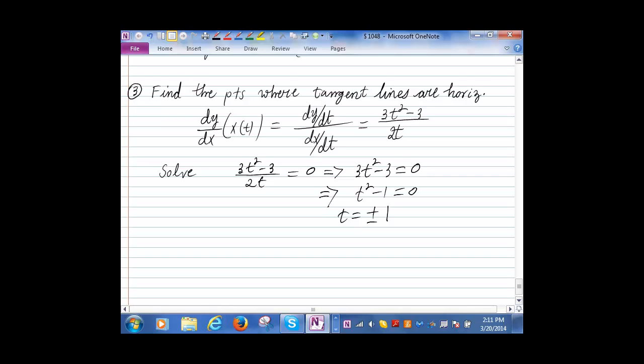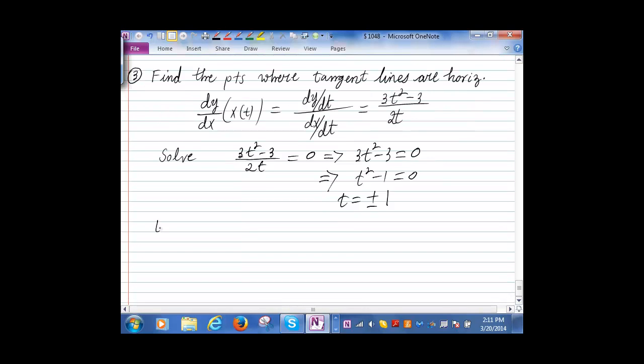So what are the corresponding points? So when t is negative 1, what's the value of x? You guys have the formulas for x and y. X would be 1, right? And then y is what? Y is t cubed minus 3t, right? Negative 2. And then when t is 1, then x value is still 1. And then this time, what is the y value? Again, t cubed minus 3t. So if you plug in 1,